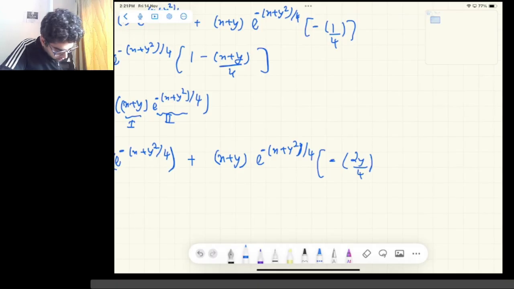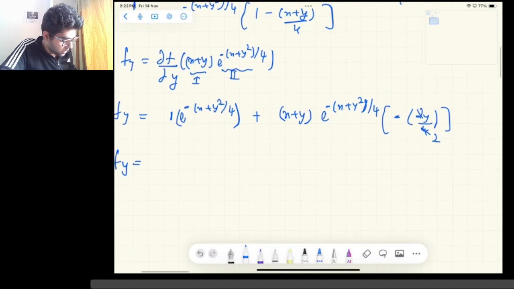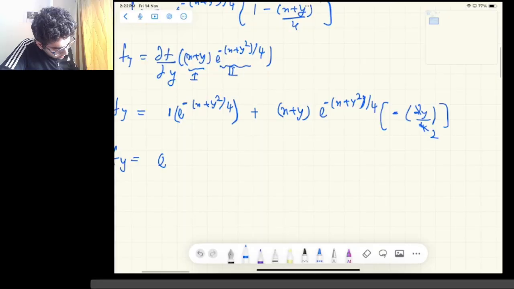So basically this will become, if I take e to the power minus (x plus y) square common, this 2 and 4 get cancelled. I'll be left with 2 in the denominator. So finally I'll be getting